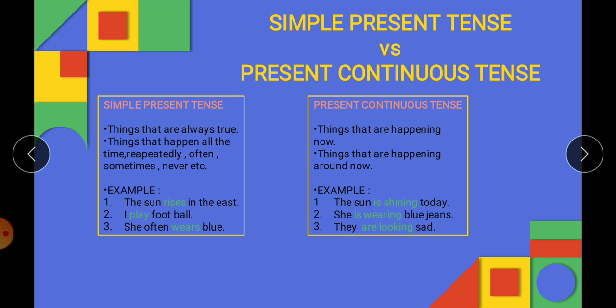With this, we are using helping verbs is, am, or are, and the ing form of the verb. So the sun is shining today. She is wearing blue jeans. They are looking sad. So words like are looking, is wearing, is shining are present continuous tense. So the difference is clear. Simple present tense describes the habitual action or universal truth. Present continuous tense describes the actions that are going on around you right now, जो आपके सामने अभी हो रहे